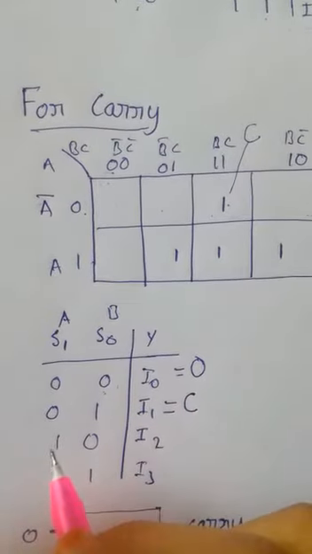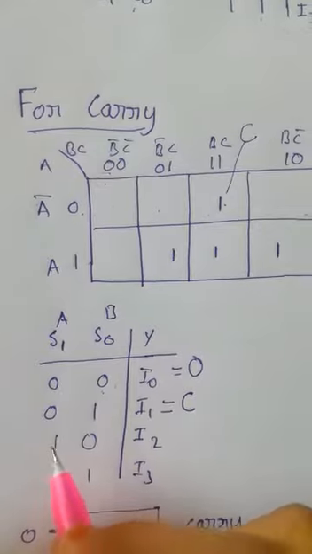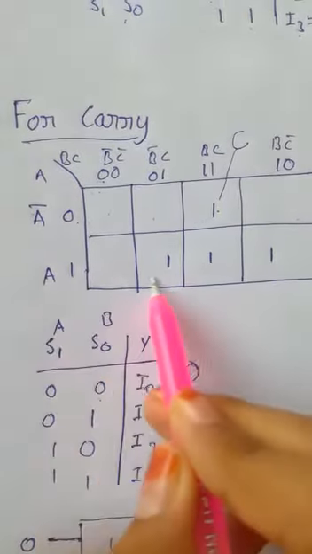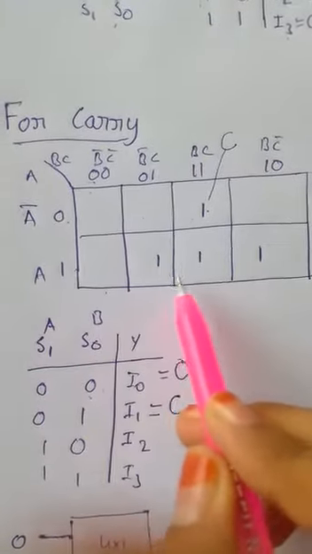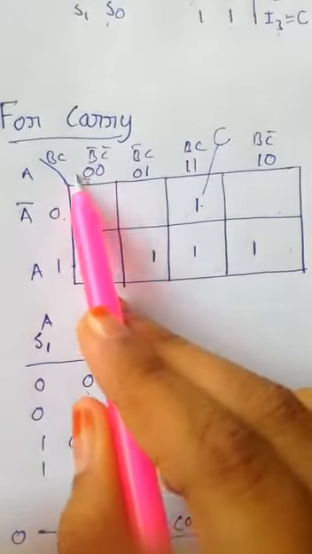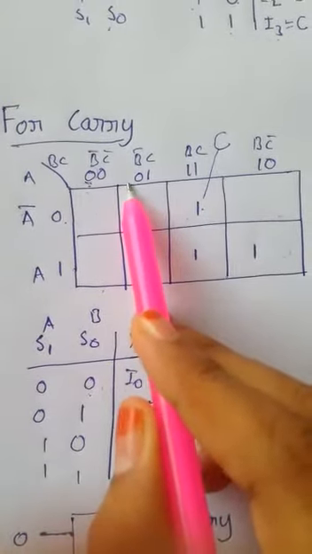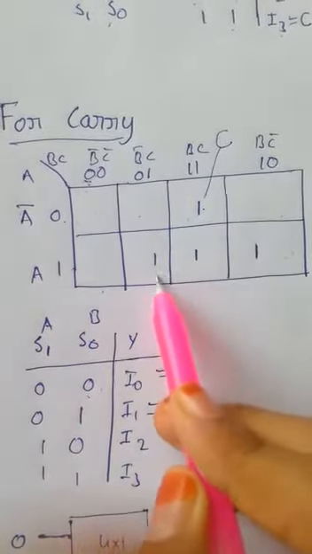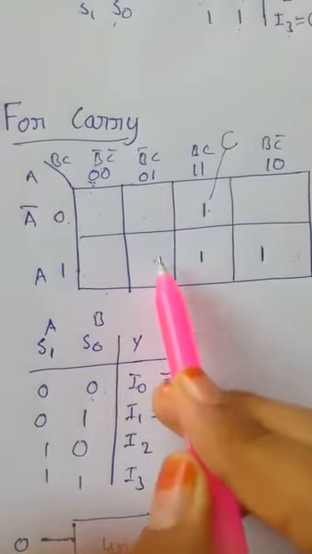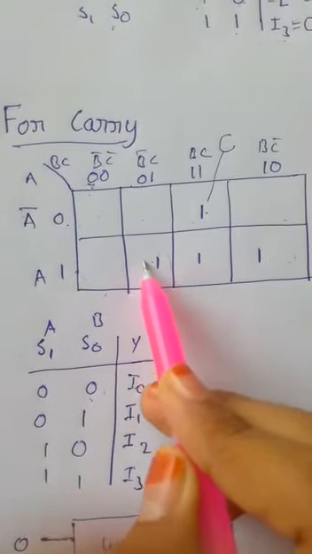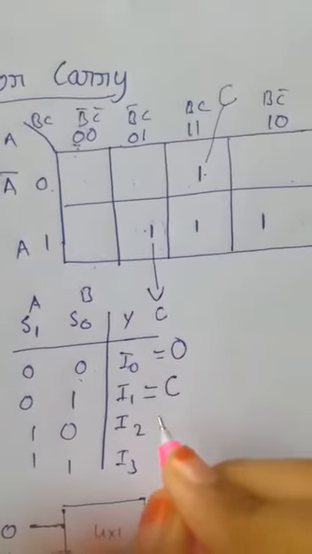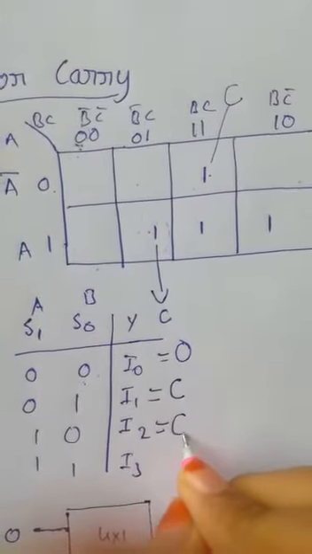And now we are going to select another 2 select lines, that is 1 0. We are keeping A constant 1, and we are going to have this total box and B of 0. See, where we are having B as 0, here we are having B as 0 and we are having B as 0. We are going to select these 2 boxes. Now we are going to pair these boxes. Here we are having only one element as 1. Therefore output for this is C. Therefore output of I2 is C.